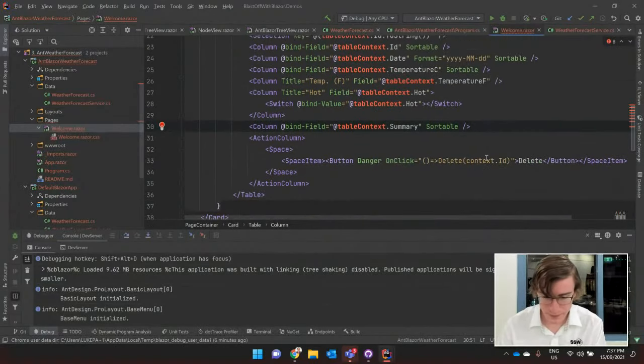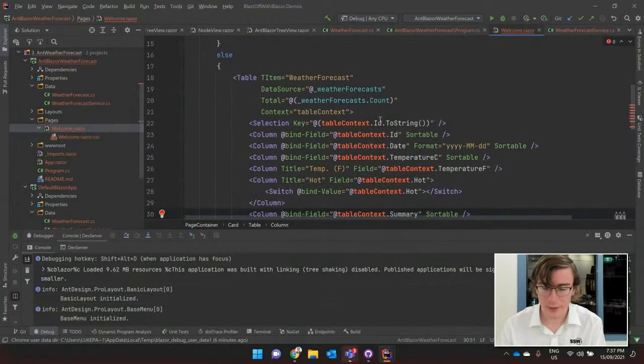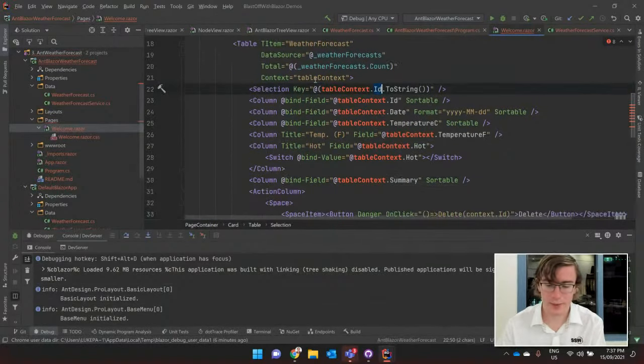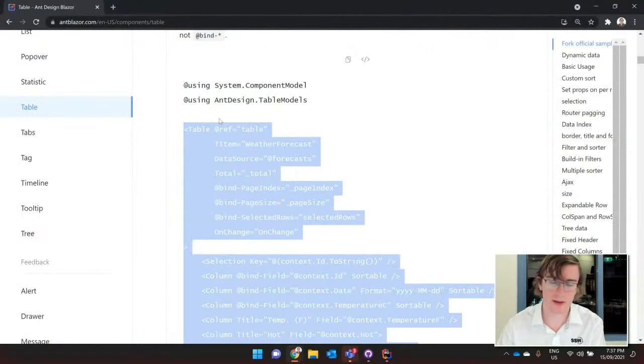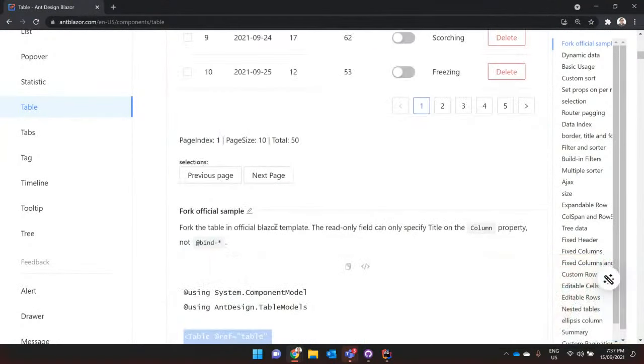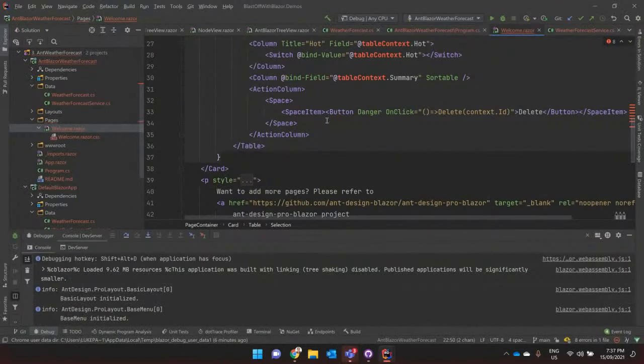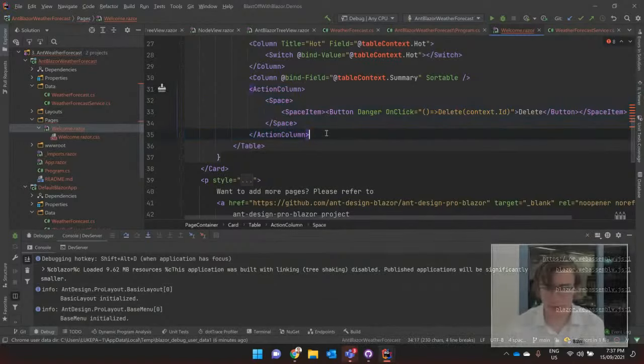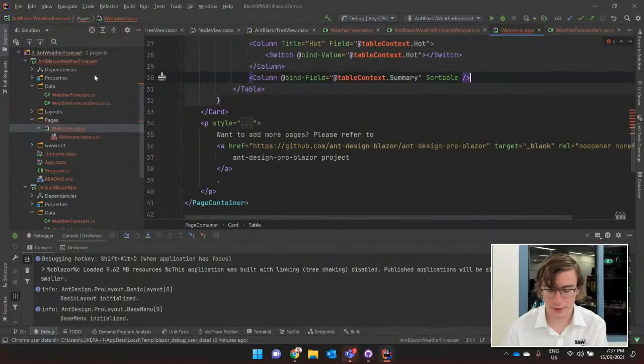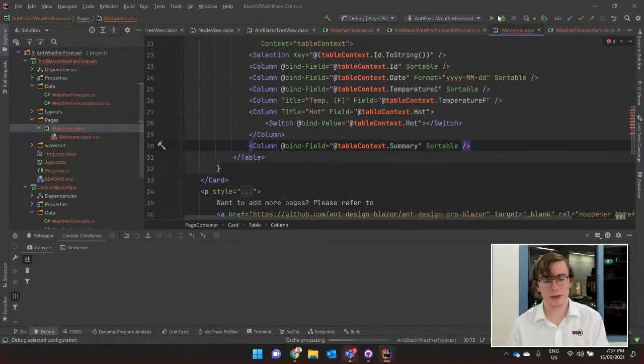So in actual fact, the properties used in the AntBlazor demo use the weather forecast. So we can run this. For the delete, we don't have that yet. So for this example, I'm just going to get rid of the delete button. Let's hit debug